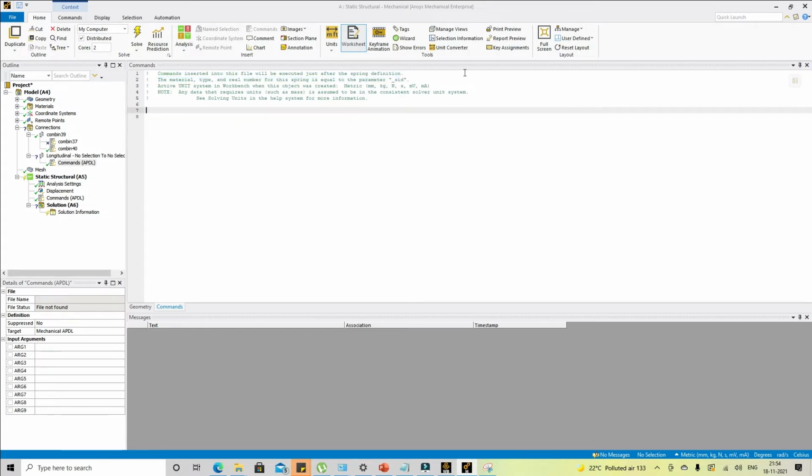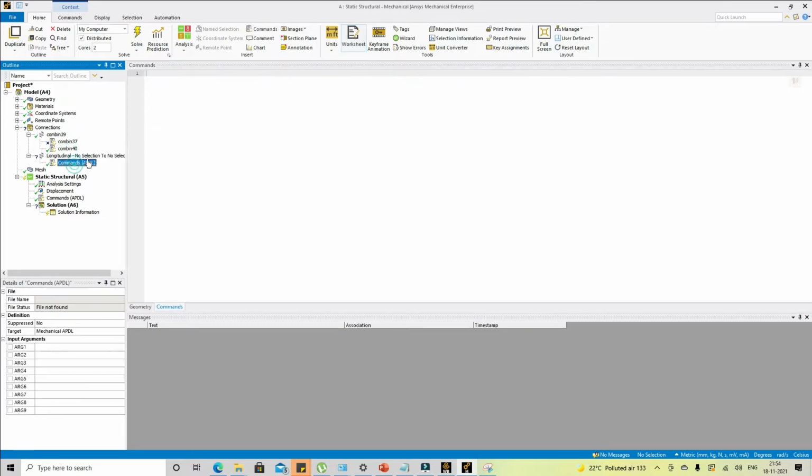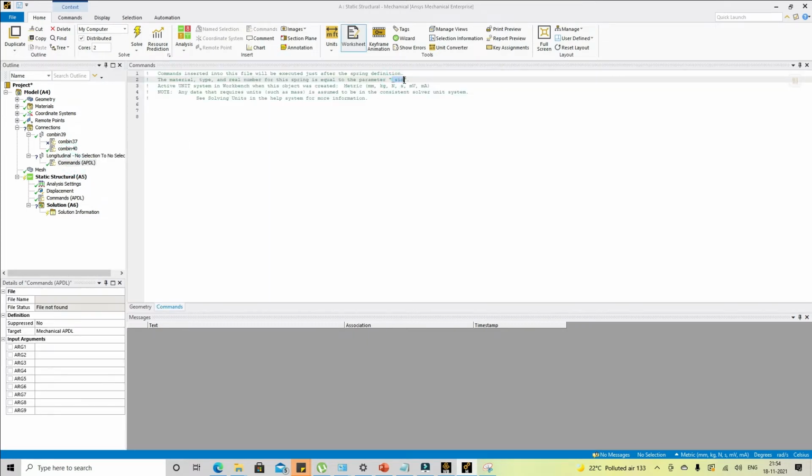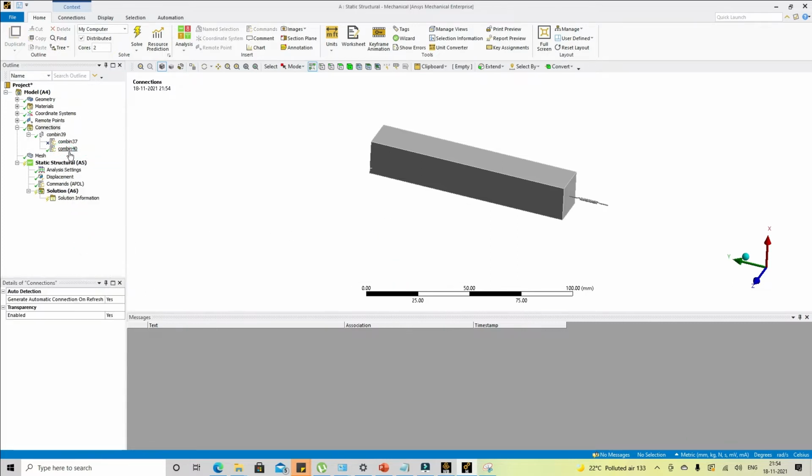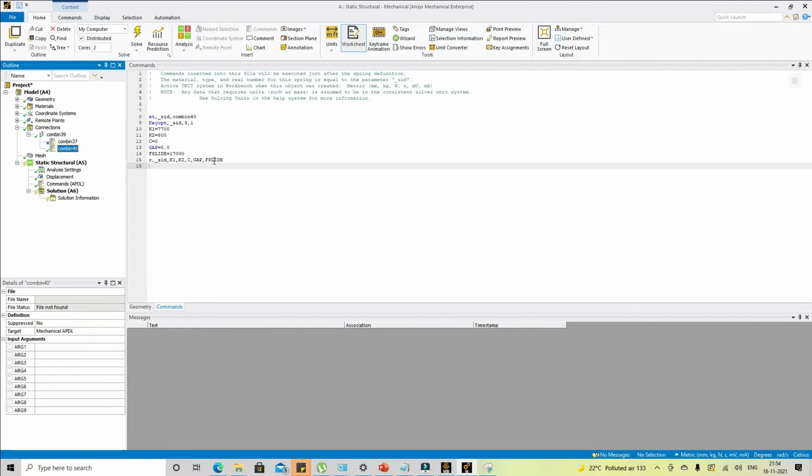So if we want to access the material number, element type number, and the real constant number associated with this element, we can use the underscore SID command to do that. Let me get away with this spring.